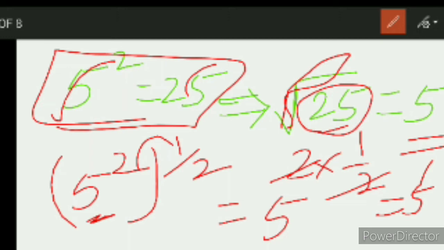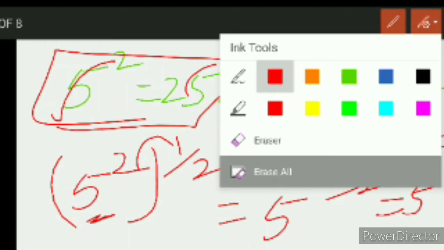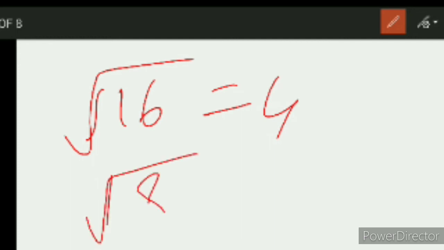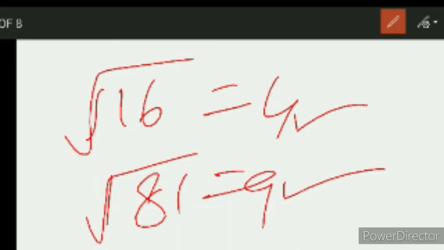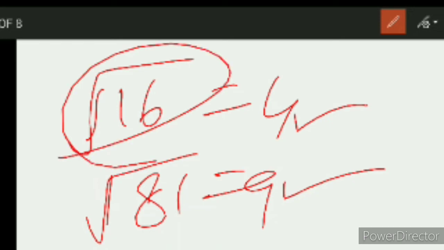Understand? You don't need to do these steps and all. You should just know how we got that square root. That I am explaining. That's all. Okay. Directly you can write the answer. For example, square root of 16 is 4. Directly you can write square root of 81 is 9. Then how did we get this 4? How did we get that 9? That is only what I have explained now.